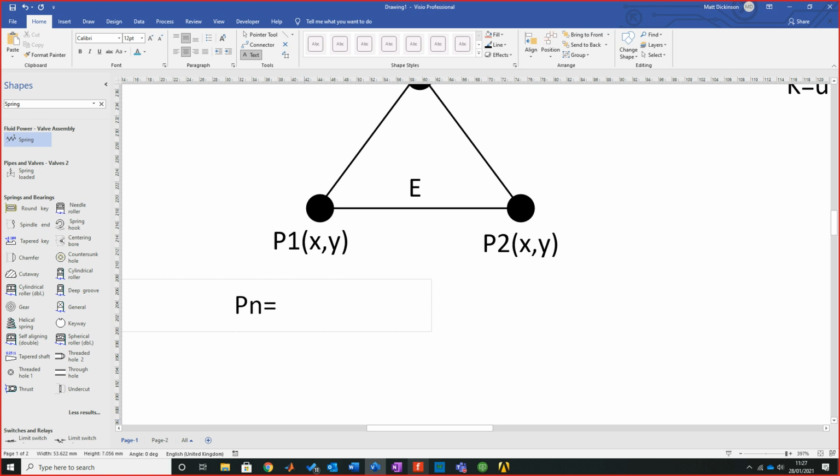Again, I'll show you the notes, it's just I can't write specific symbols, which is a little bit annoying. So I've got P1 of X, Y, and all this simply does is we can say P1 X, Y,